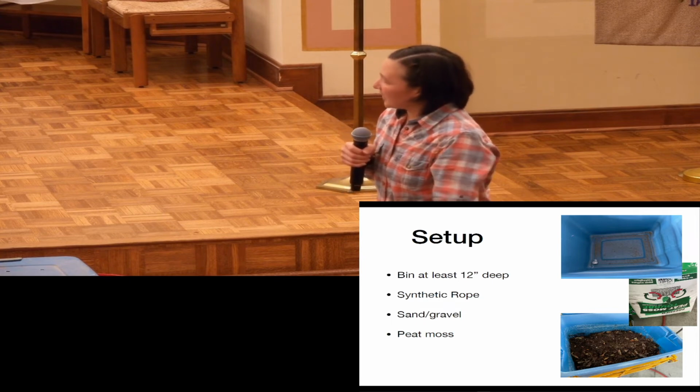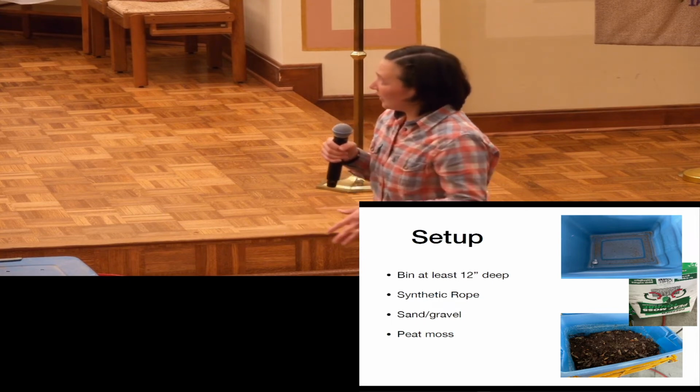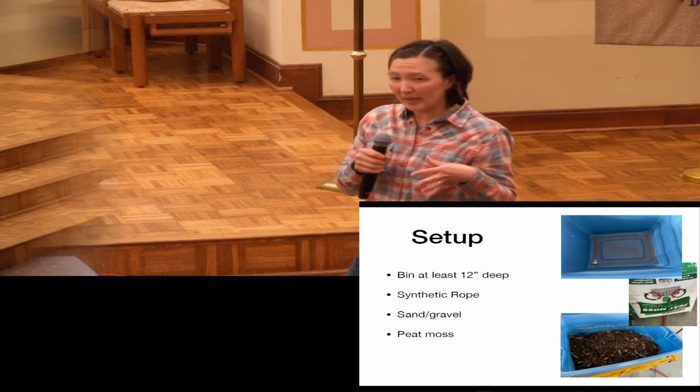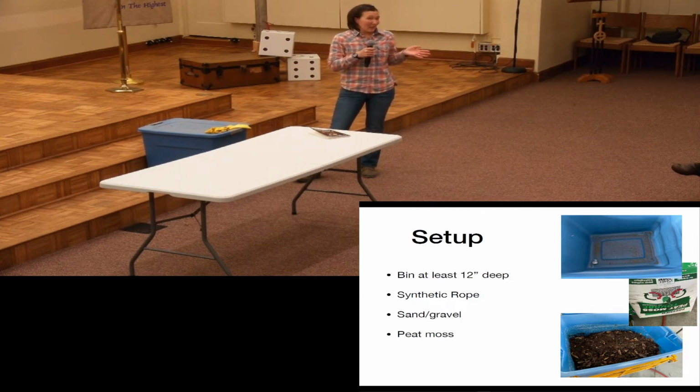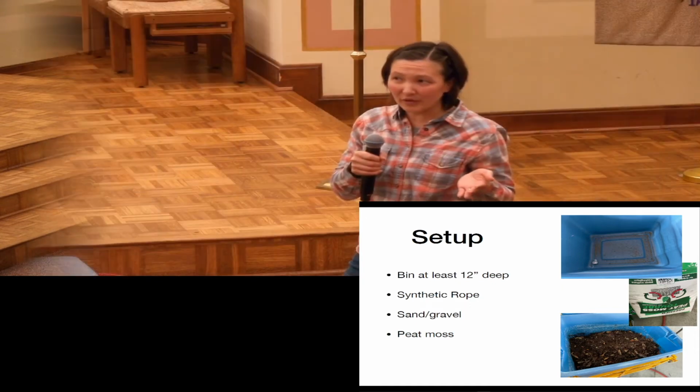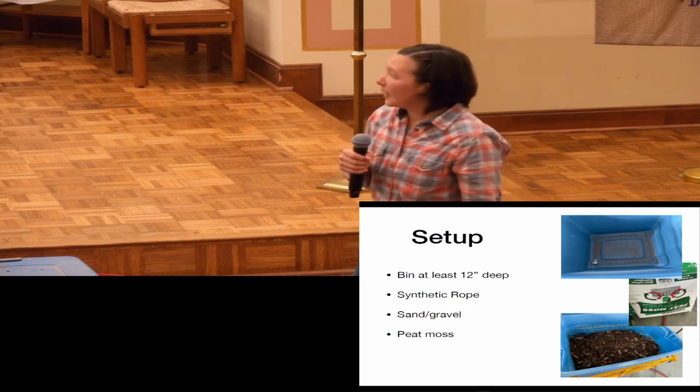And let's see, the idea with the rope is that once you get enough composted liquid in the bin, it'll wick down through the rope, and then you can collect that worm juice into a milk jug. Then you can use that compost tea, which is like jet fuel for your garden. But you really have to dilute it. It's like 20 parts water to 1 part worm juice.